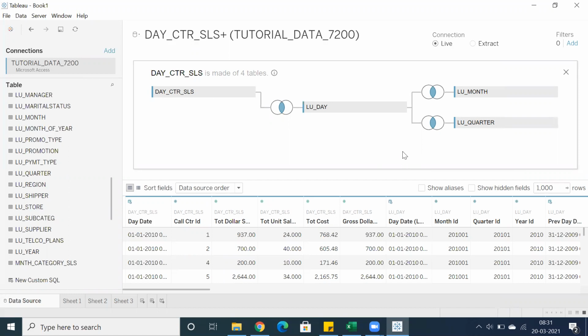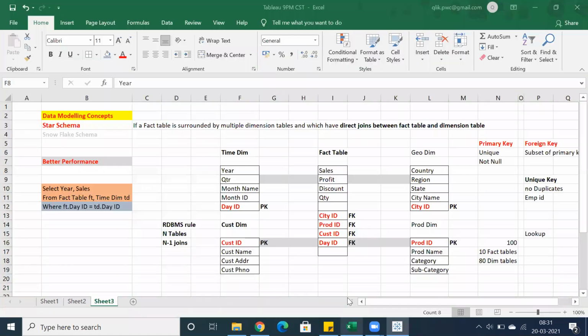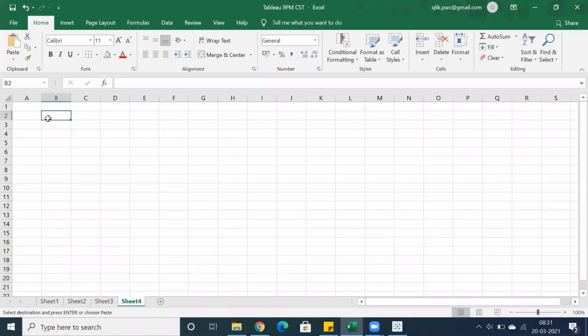I'll take more time to explain this on Monday: how to break this relationship and establish a relationship between the month table and the quarter table. That is the concept called Snowflake schema. You'll get more clarity on Monday for sure, because it is very important in terms of data modeling.